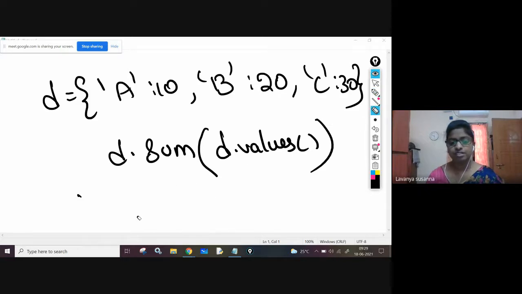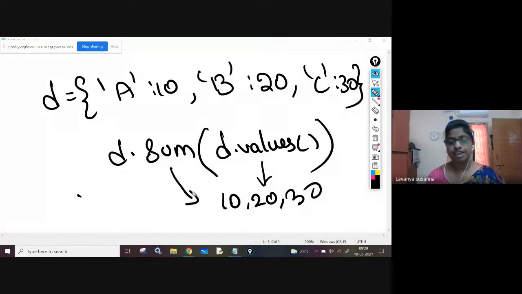How to retrieve the dictionary values? D dot values. This d dot values will retrieve only the values, which are 10, 20, 30. Okay. What will this sum do? It will add 10 plus 20 plus 30.